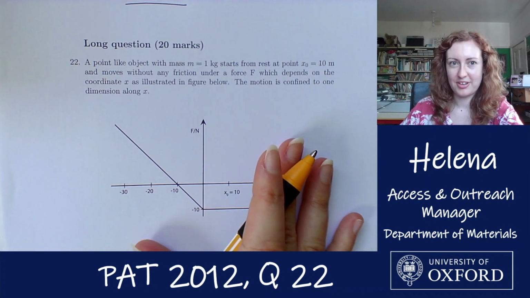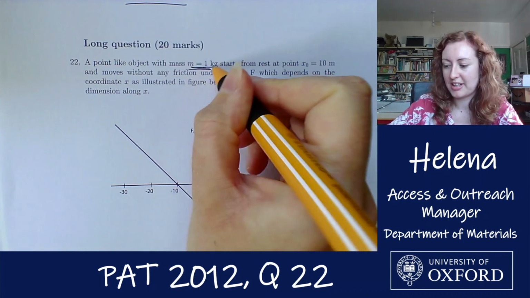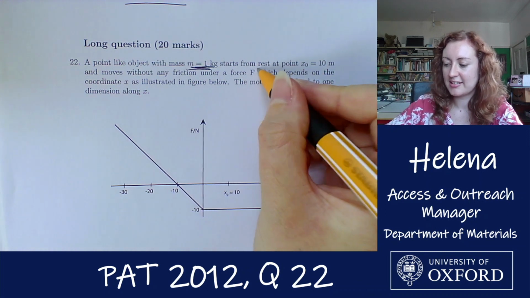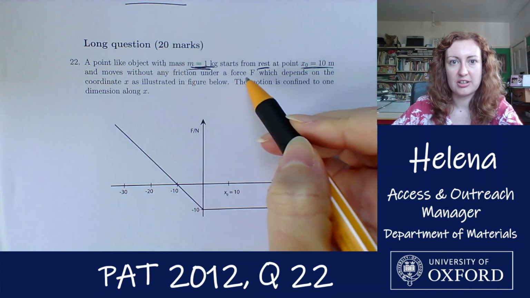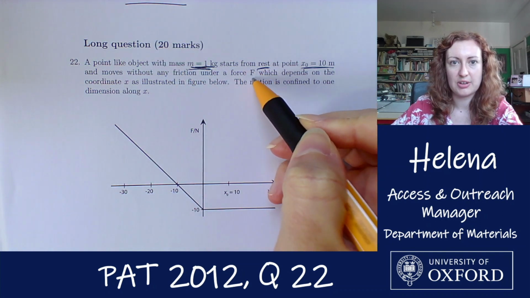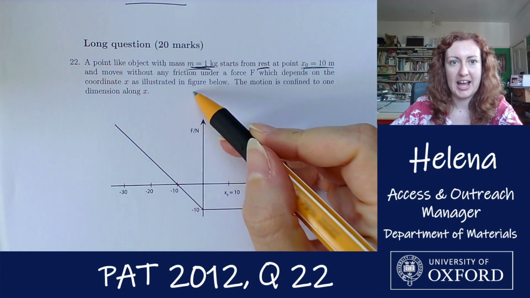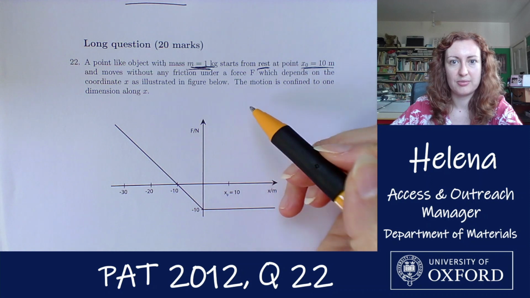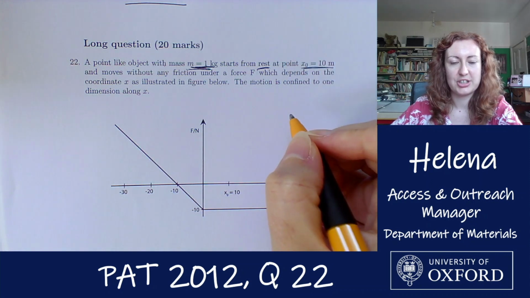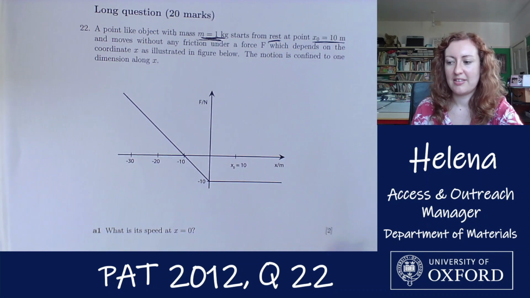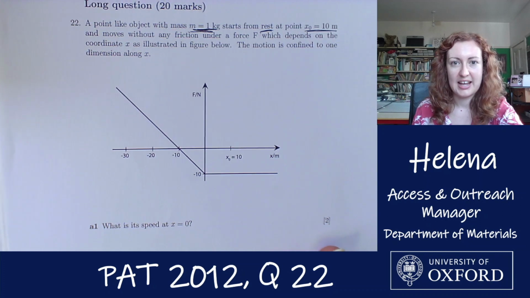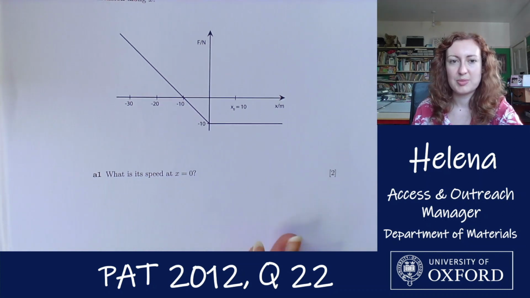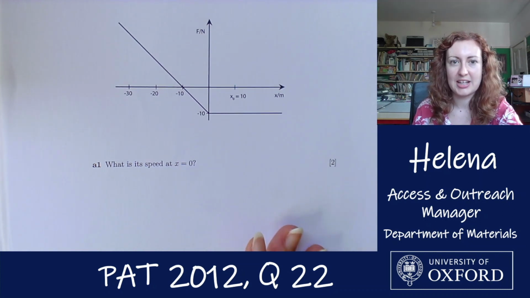So here we have a point-like object with mass equals 1 kilogram, which starts from rest at a point x0 equals 10 meters and moves without any friction under a force F. So this force F is the only force, which depends on the coordinate x as illustrated in the figure below. And the motion is confined to one dimension along x. Okay, so we're given this graph which shows this force acting on this object as a function of its x coordinate. Okay, so for the first part of this question, we are being asked to find its speed at x